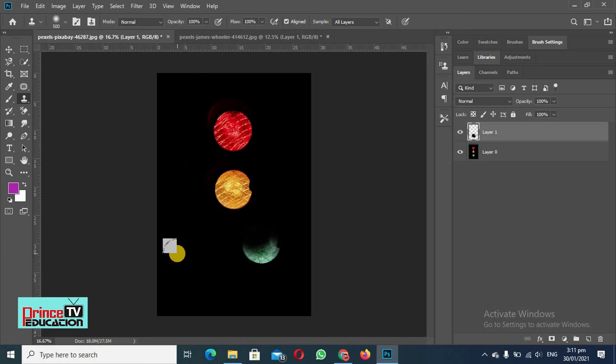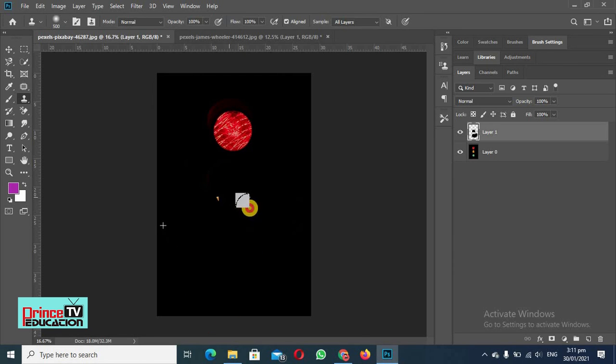So I will press Alt and then I will click here to delete it. Then I will take Alt and try to keep the selection from the area that will not affect it.